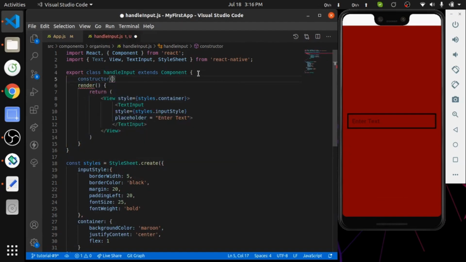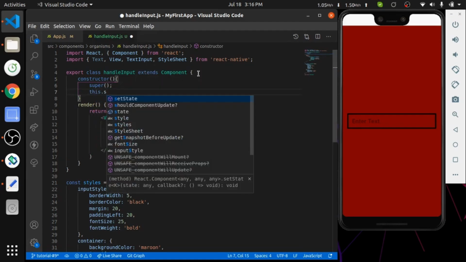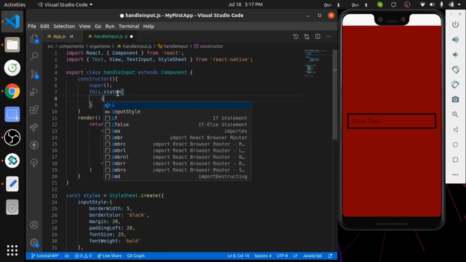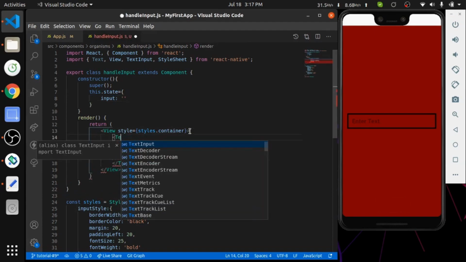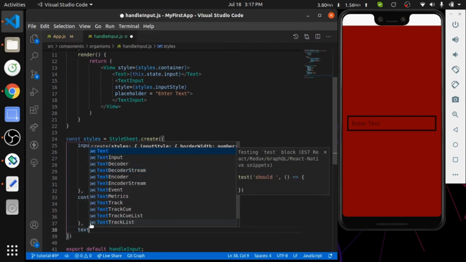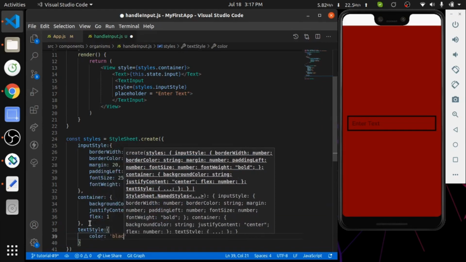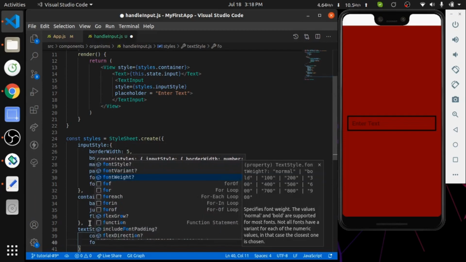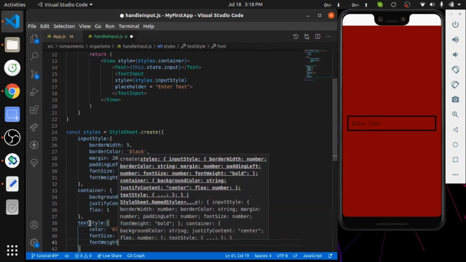First, I am creating a constructor, calling super method in it, create a state with this.state, and state variable will be input with empty string, and I am adding text here for showing state value using this.state.input, and I am giving it style, text style, giving it color black, font size 30, font weight bold.